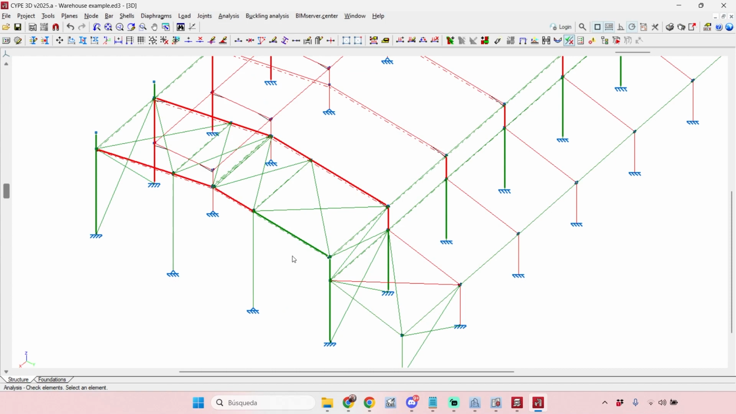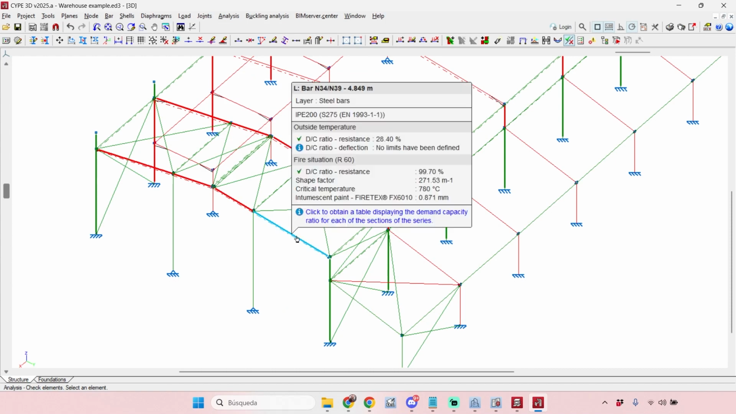As you can see here, now it's green, okay, and in both situations. In the normal situation, meaning the outside temperature, we still have the 28% because it doesn't change, but in the fire situation of 60 minutes, here we have some data, okay. We can see that the thickness of this intumescent paint, called in this case Firetex FX6010, is 0.871 millimeters, and